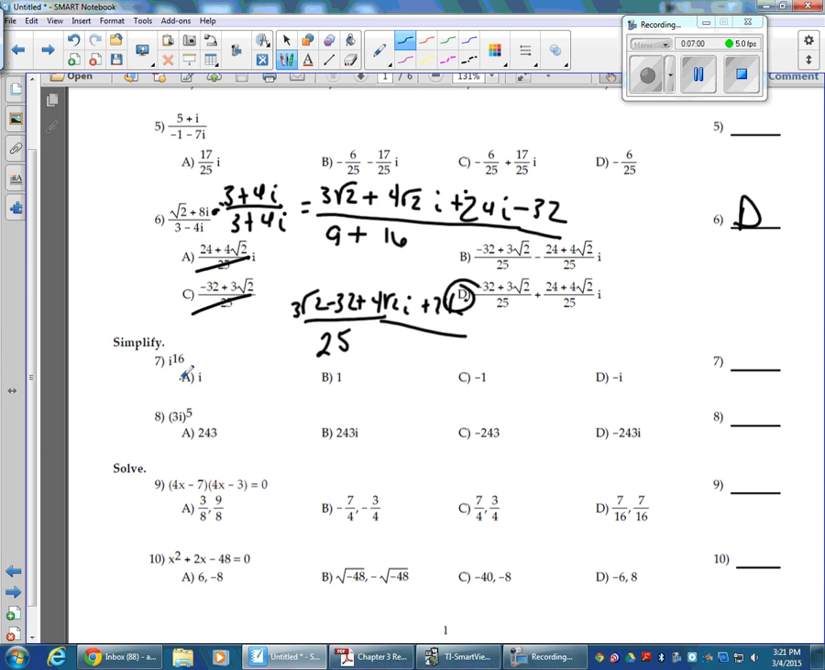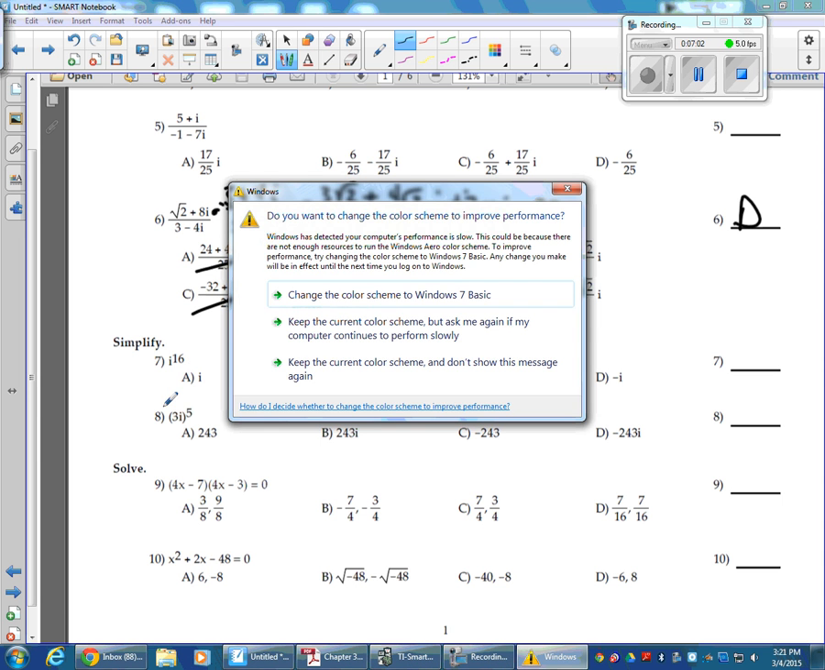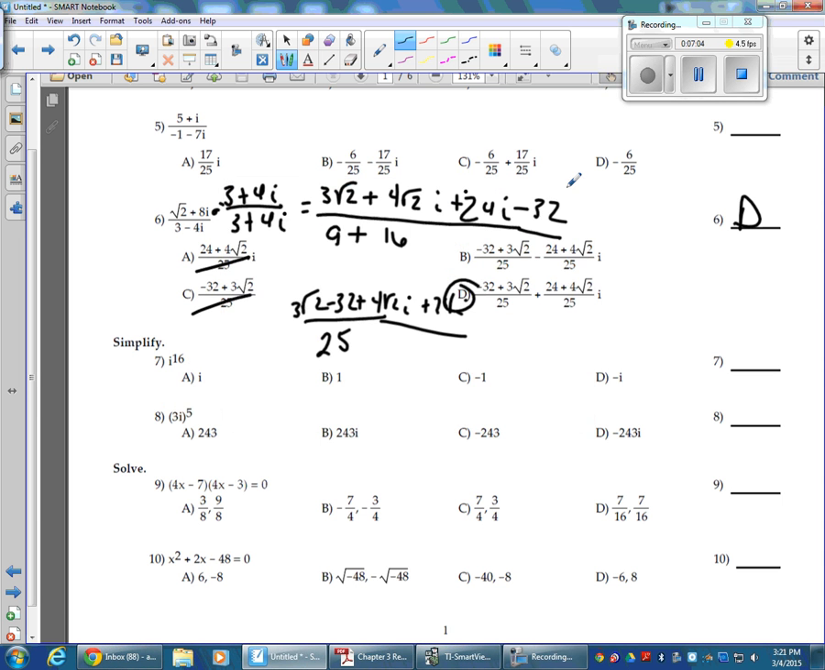All right, number 7, i to the 16th. The way powers of i work, we've drawn a clock, right? And so that's not a very good clock. Over here I'd have i to the first, which is i. And then i squared is negative 1. And i to the third is negative i. And i to the fourth is 1. And so it starts over here with the first power and the second power, the third power, and the fourth. And it keeps going around. So the 16th would be